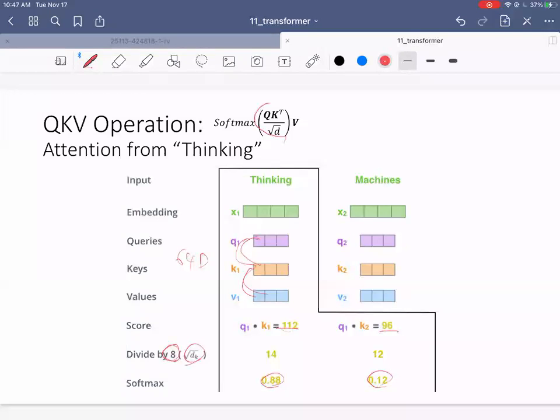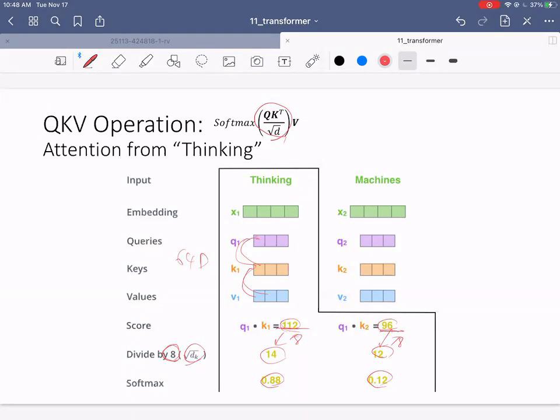So as per this equation here, you divide the score by the square root of dk, which is 8. So you divide by 8, and you get 14 points and 12 points. You do this because you don't want this score to blow up. You don't want these scores like 112 and 96 to blow up as you use larger